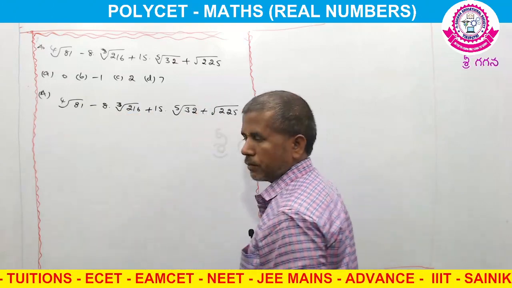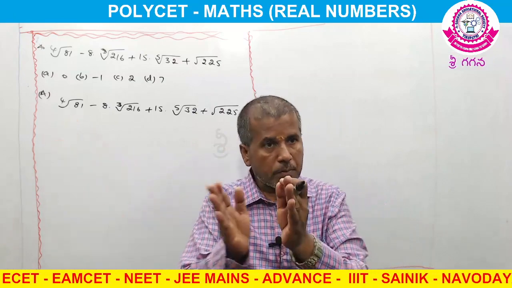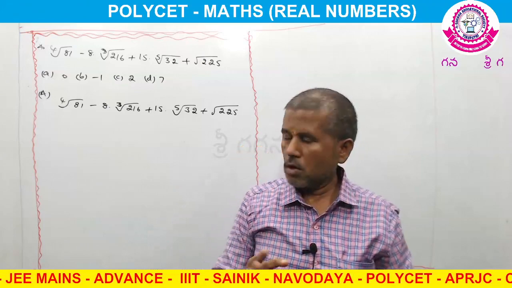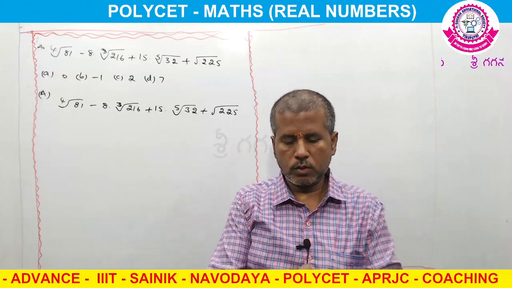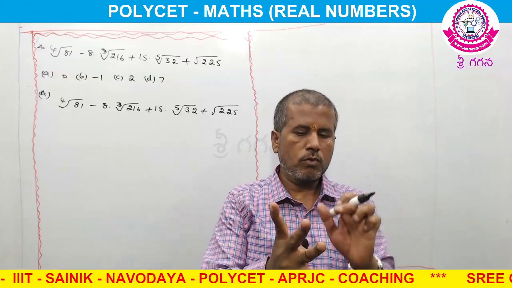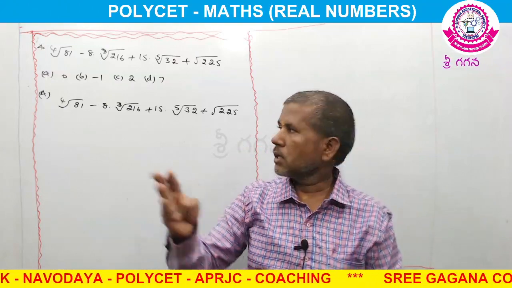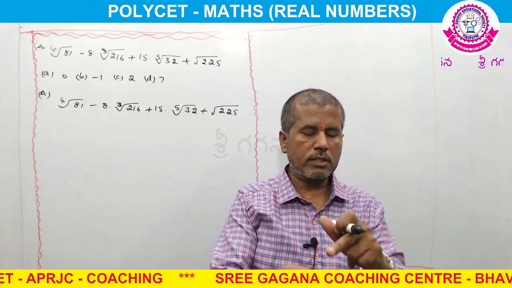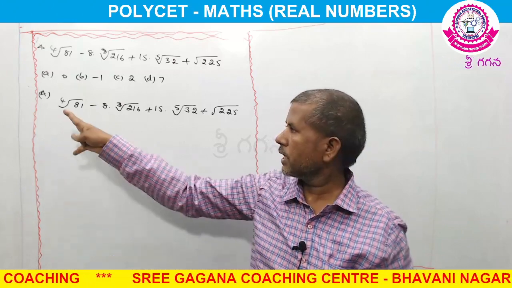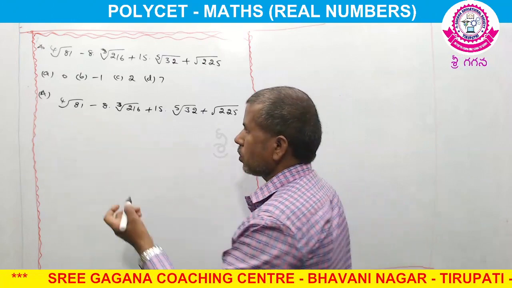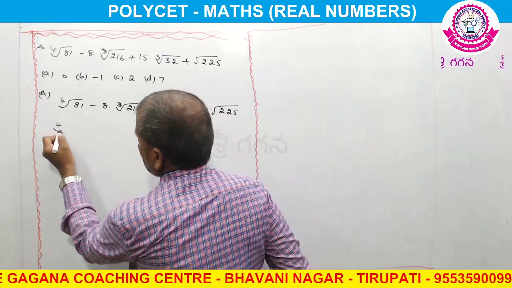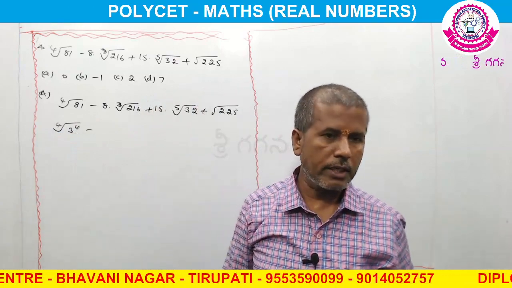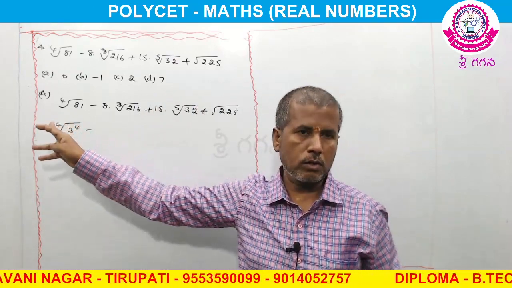Fourth root means which number, multiplied four times by itself, gives 81. For example, first 2 into 2 into 2 into 2, four twos. 2 twos are 4, 4 twos are 8, 8 twos are 16. Not here. After that, 3: 3 threes are 9, 9 threes are 27, 27 threes are 81. So we get 81. So here the fourth root of 3 power 4, because the same number is multiplied, we get the fourth root or the third root, anyone.